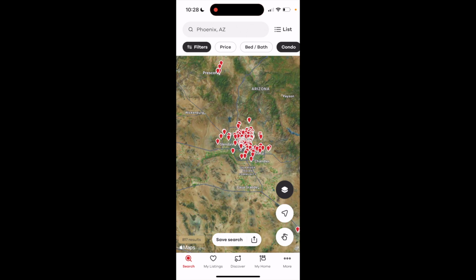Now when you're searching for homes here, only the listings that are considered condos will be showing up in your search and in front of you on the map. So super simple, super straightforward, but this is how to view condos here on the